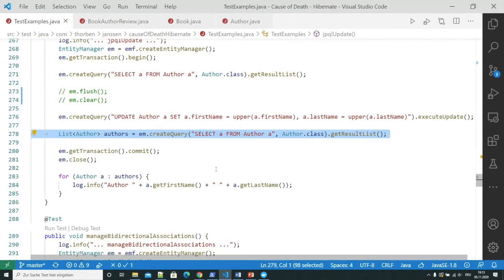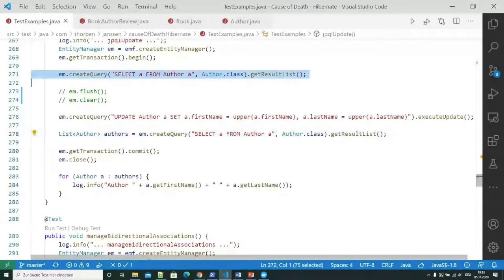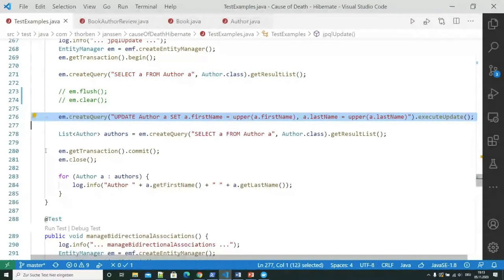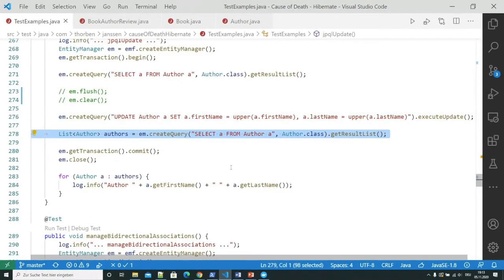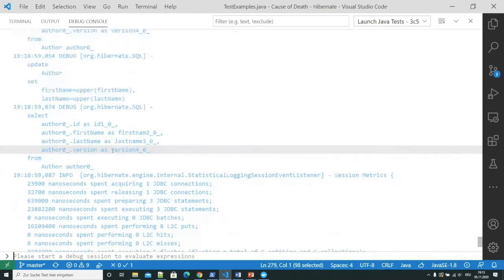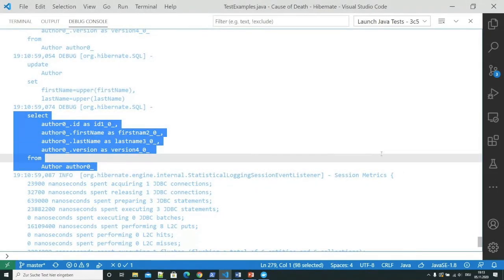So what happened? Hibernate fetched the authors from the database, created entity objects, which are now part of our actual persistence context. Then we send an update statement to the database. That one doesn't affect the current persistence context or the entity objects that are in it. Then we execute another query that gets the same objects. And we can clearly see in our log statements that Hibernate executed that query.